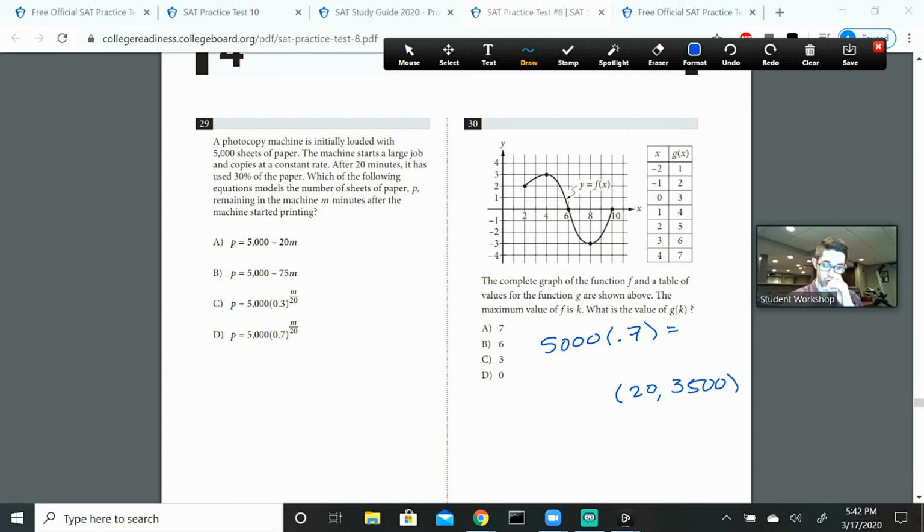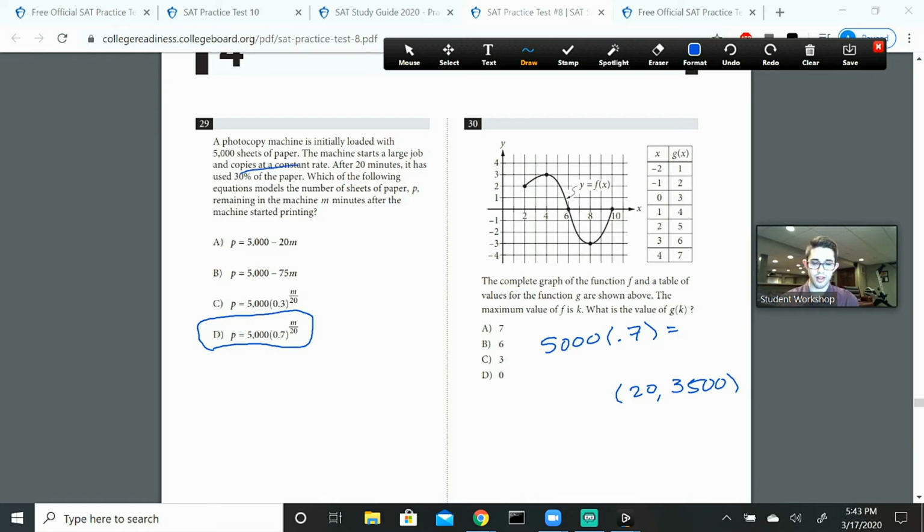So that's the point that we have. Now it's tempting to think that we can use this function, right? Because after 20 minutes, we're going to get 5,000 times 0.7, which is what we just did in order to solve for this one point. However,